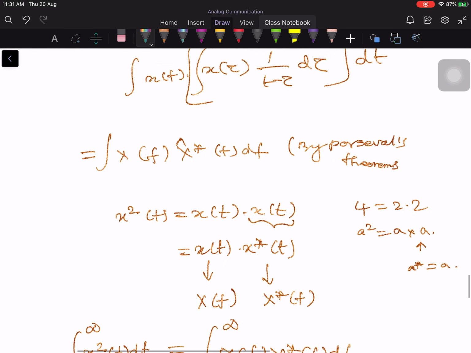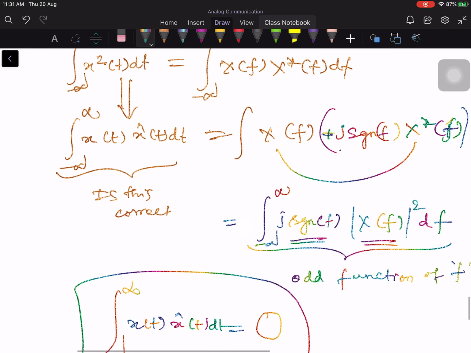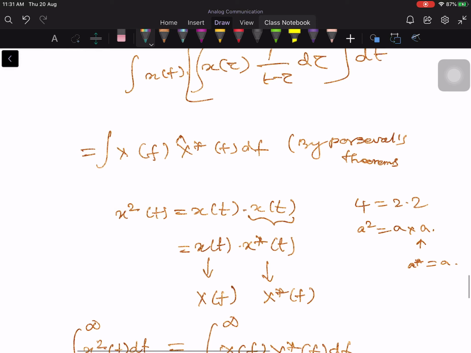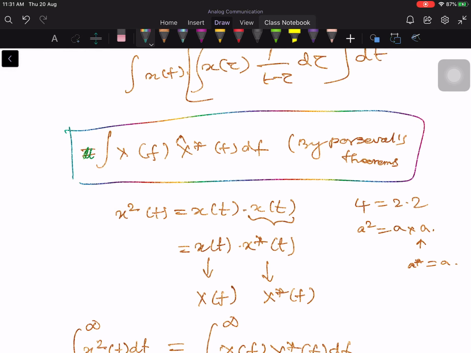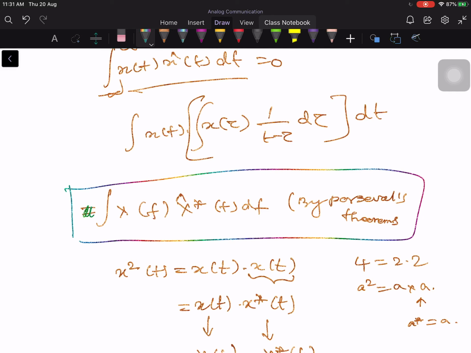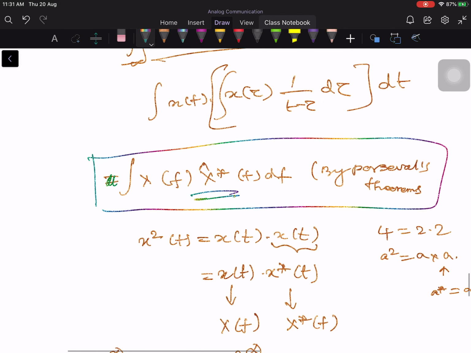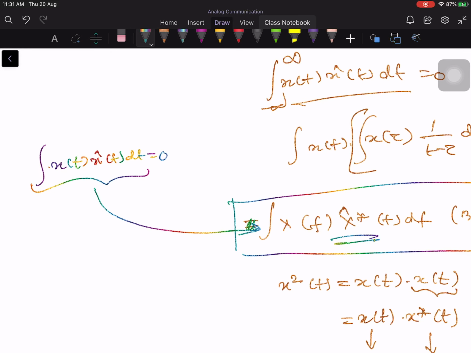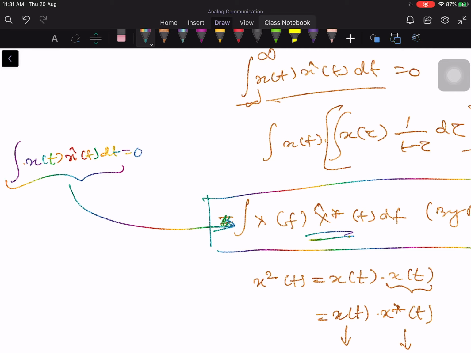So this proof we have done through Parseval's theorem. Okay, we started from here. Energy in the time domain is equal to energy in the frequency domain. So this is the energy in the frequency domain. Okay. The left hand side, see what we want to prove is like x of t into x hat of t into dt is equal to 0. So the same thing in the frequency domain is this one, x of f times x hat conjugate of f into df. So that's how the proof went.